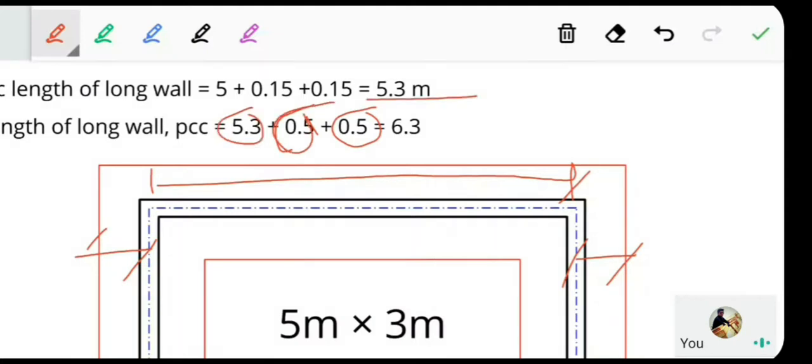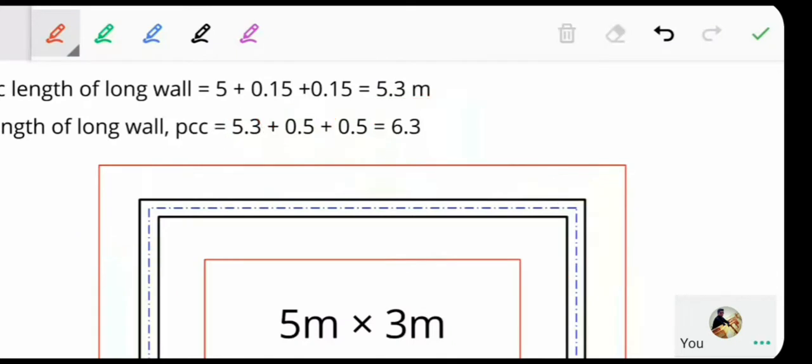This will give us the out to out length of the long wall, without doing any tedious calculations. Therefore,